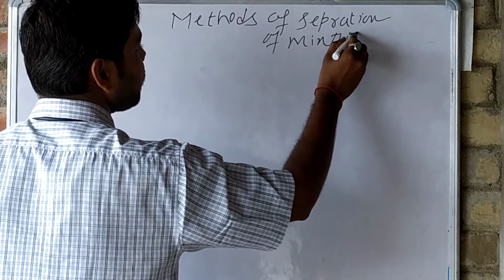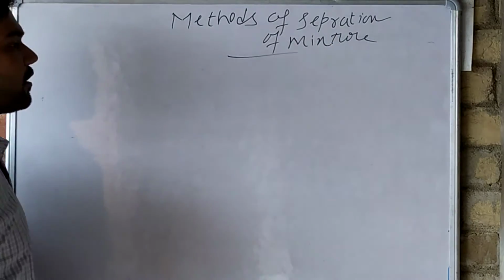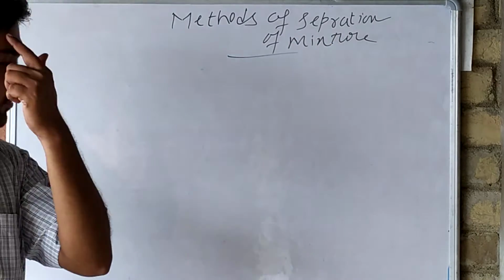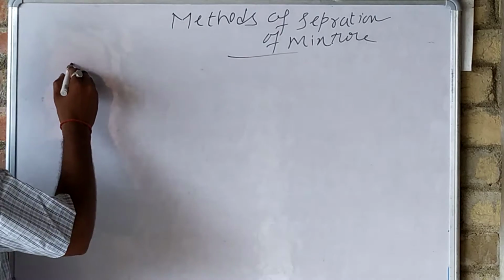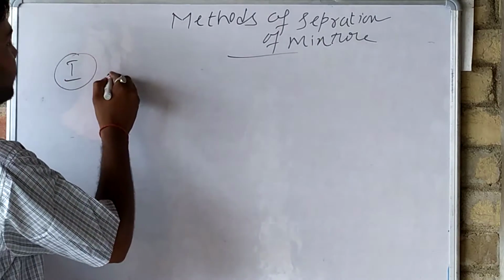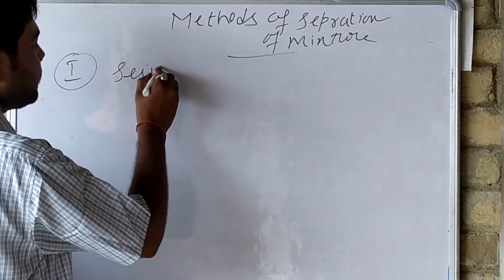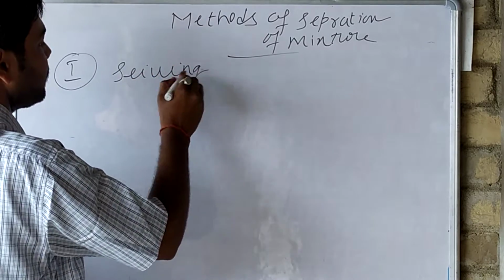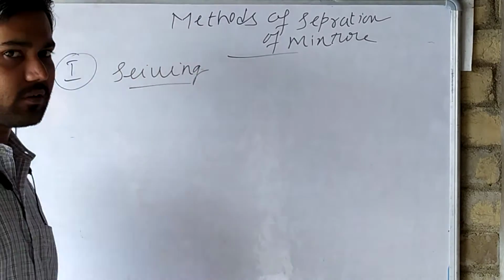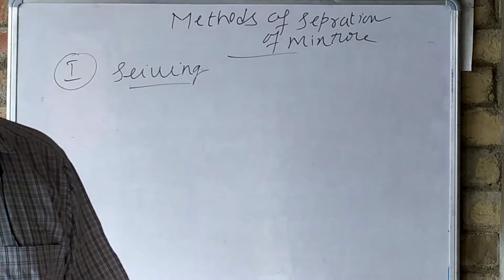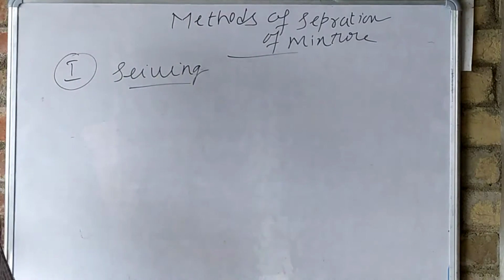Method of separation of mixtures. In this, first we have to study sieving. Sieving is a process of separation. First we have to study about sieving. What is sieving? Sieving means